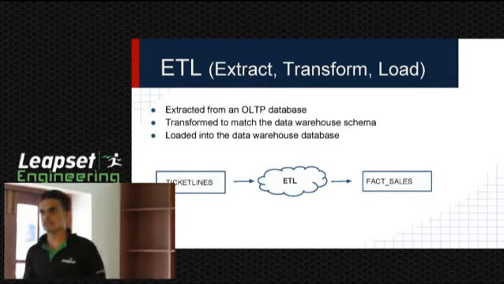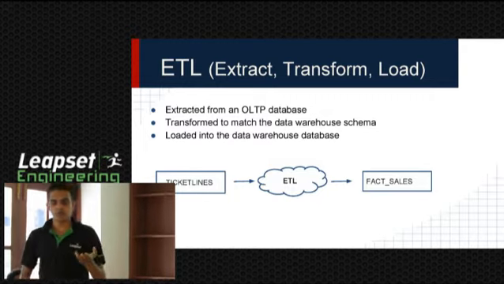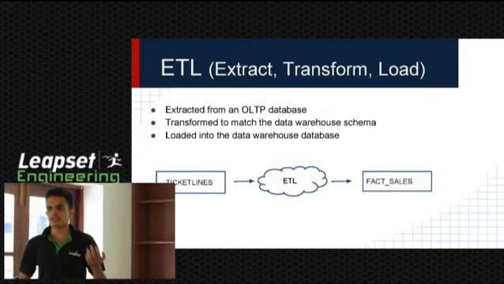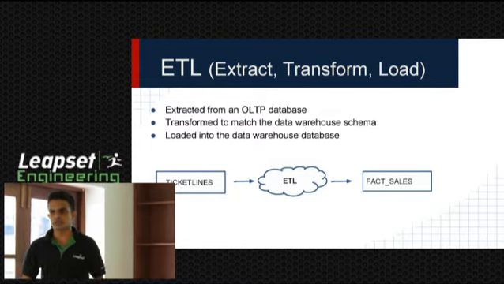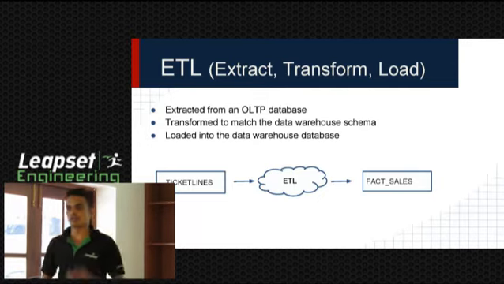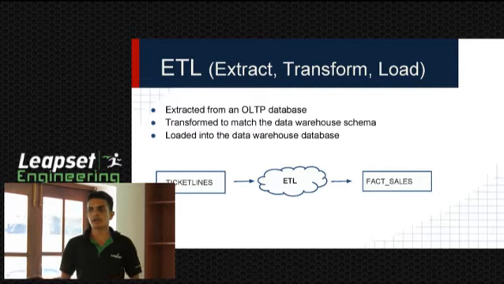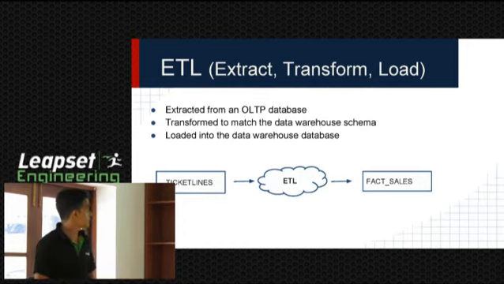What's the difference between ticket line and fact sales? Ticket line is a simple transaction record which contains basic details about sales, amount, unit price and those things. But if you consider the same record in fact sales, you will get much more information related to that sale. That means customer information, merchant information, employee, product and all those things that are required to do some analytics on that. The converting process is the ETL.